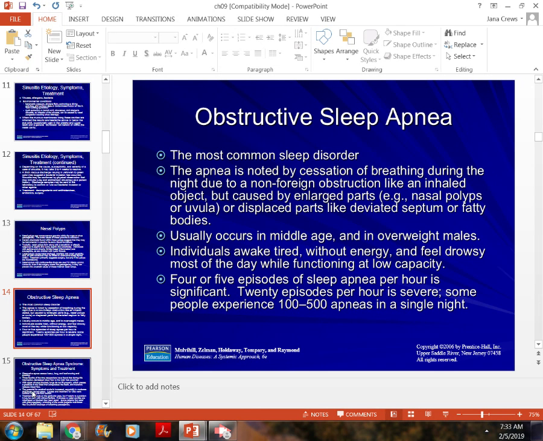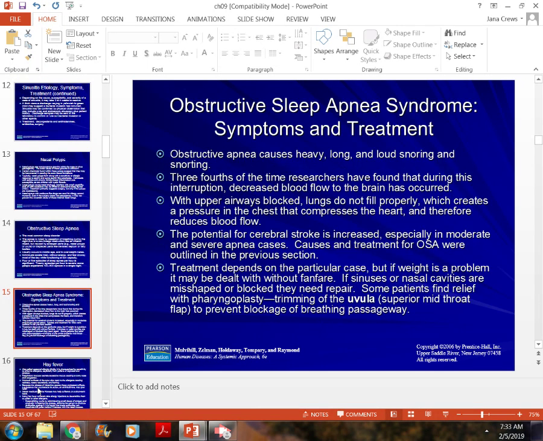When that happens, they need to put them on something called a CPAP machine, and it's a little mask that covers the mouth and nose kind of like this, or it will just cover the nose or just the mouth, depending on how they sleep and breathe. And that actually mechanically helps them ventilate so that they don't stop breathing. It makes sure that they get at least 12 to 14 respirations a minute. Besides weight loss, that CPAP machine is one of the major treatments for sleep apnea. Sometimes they have to have surgery to have that deviated septum fixed.